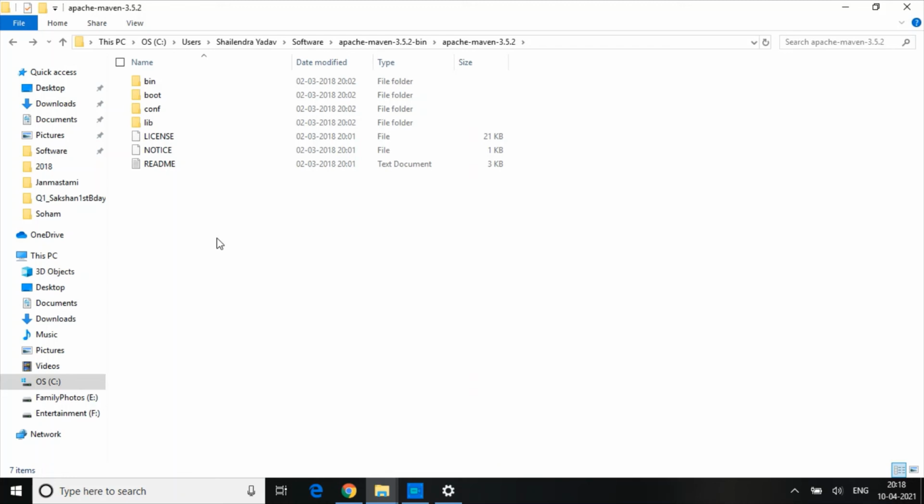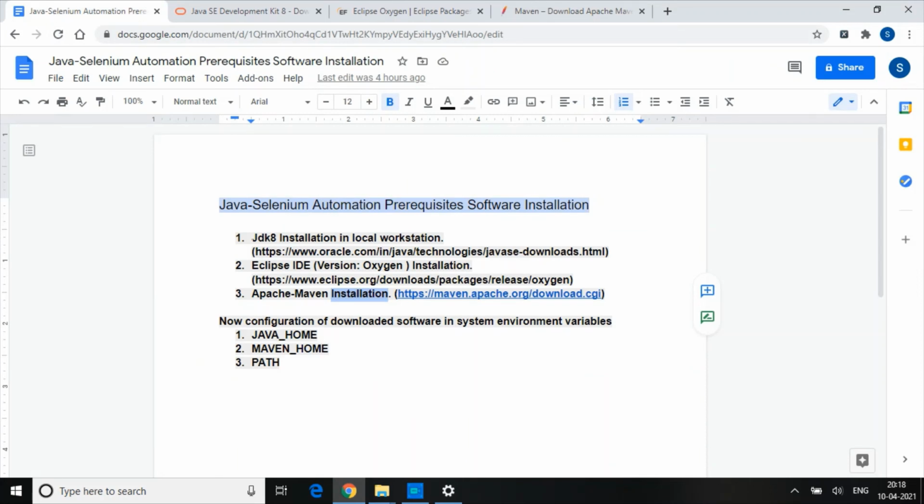Once this is done, we are fine with all three installers. Basically, we finished the JDK installation. We have seen two folders created under Program Files under Java, JDK and JRE. Then we installed the Eclipse IDE, and one folder called Eclipse Oxygen version was created under your default user login name. The third one is Apache Maven, which we extracted, basically unzipped, and copied to the respective folder. Now these three things are done.